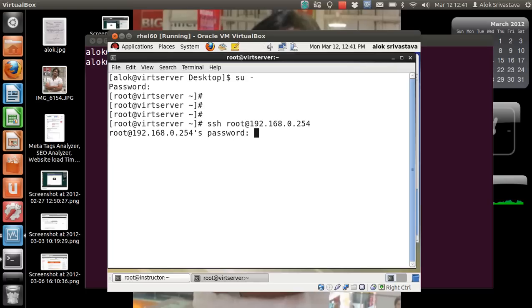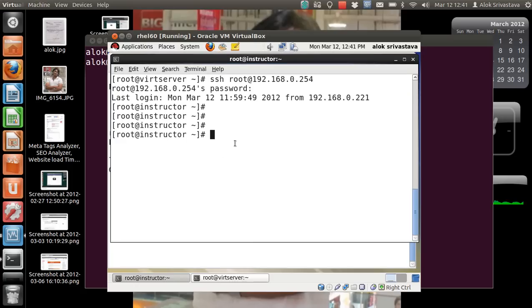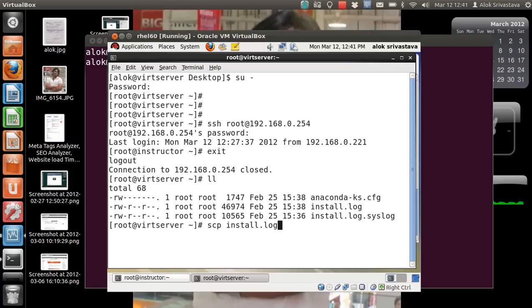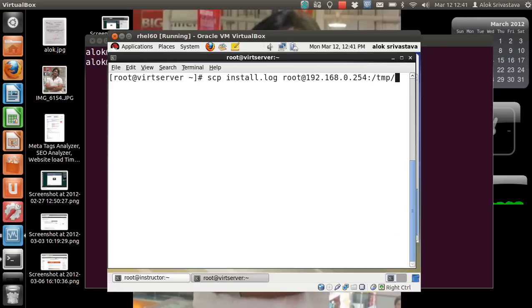So it can be a pain in the neck giving the same password again and again, because the remote machine refuses to accept your SSH keys to have a passwordless login. Or I do an exit here, though the first connection is there, and if I'm trying to copy a file, say I'm trying to do an SCP to the remote machine 192.168.0.254 under temp, I'm trying to copy the install.log file on the remote machine under the folder temp, because you know the reason, man. I need to give the password. I don't want this.